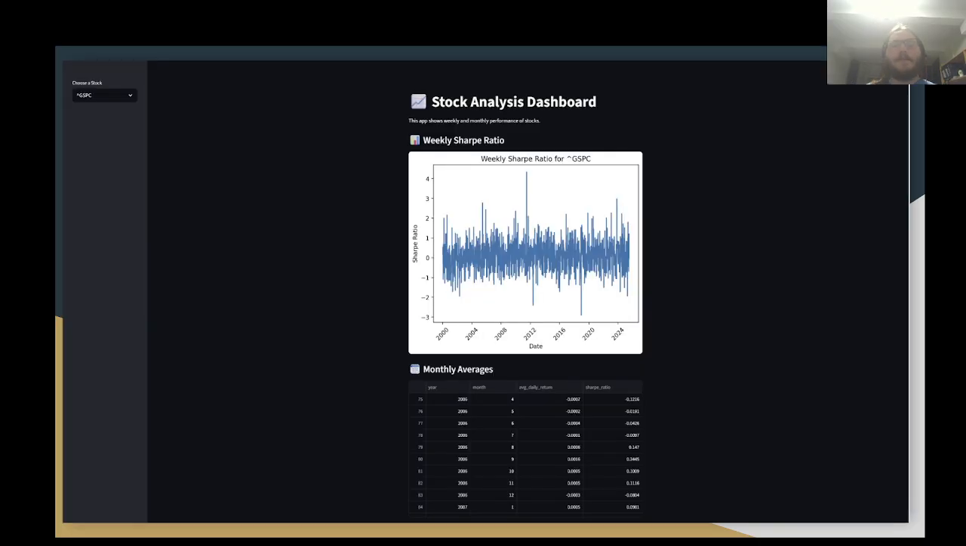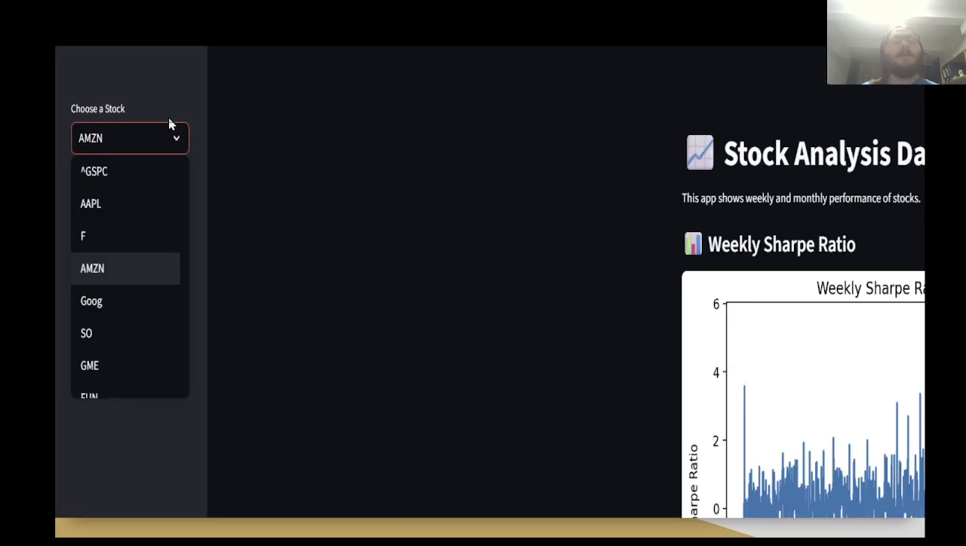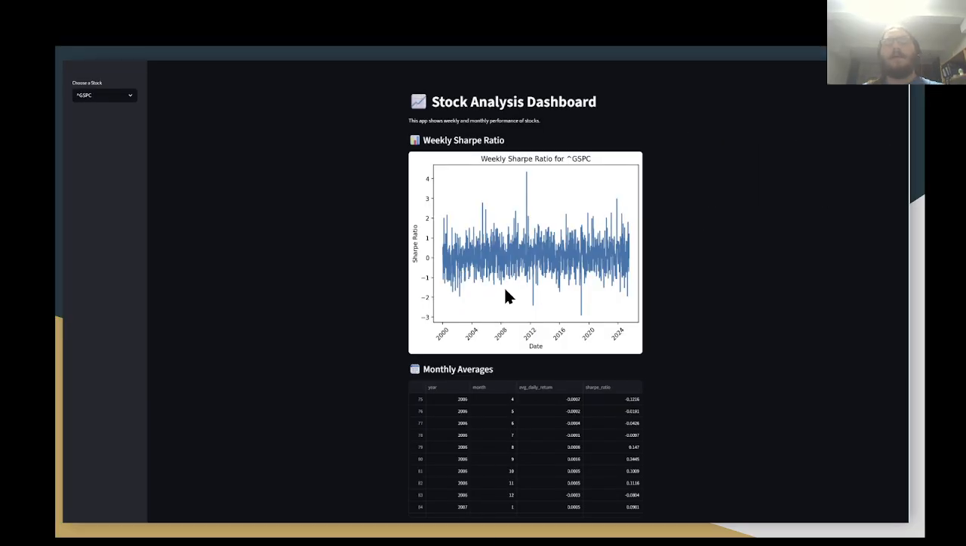And then I also went for the extra credit and made a Streamlit app. It's very basic. It's basically just showing the Sharpe ratios, the risk-reward ratio over time for any given stock, or for one stock up here, and its monthly averages, so the Sharpe ratio and the daily return. And then as you can see on the next slide, you can actually change which stock you're looking at, and that will change both the graph